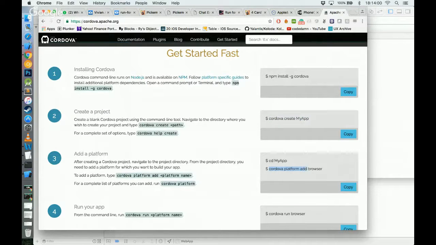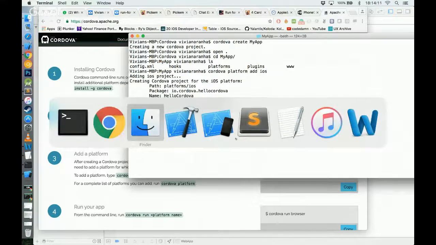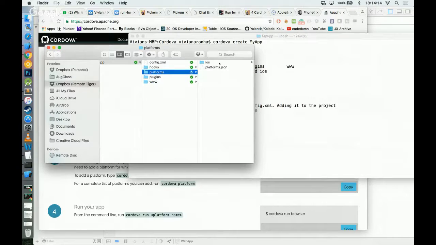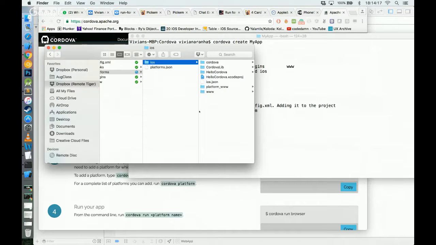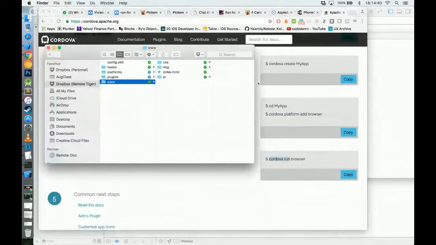Inside this, you can say that I want to add a particular platform: iOS, Android, BlackBerry, whatever. Say iOS. If you look at the platforms now, it added something. You see this? It created an Xcode project in here. I can actually open this Xcode project and look at it and run it from here if I want to, but you don't have to. Okay, let's say you're a UI developer and you don't know anything about iOS. You don't know what file to open here. So you can still go back, follow the next step, Cordova run